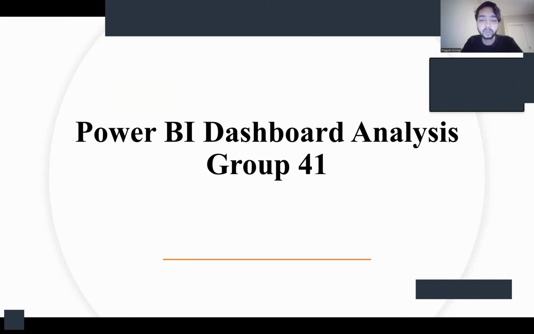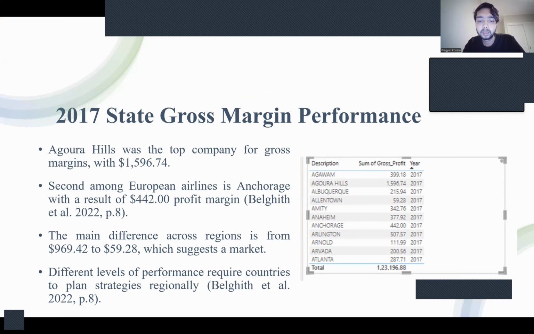2017 state gross margin performance. So basically, in 2017, the store in Agoura Hills had the highest gross margin with 1596.74. The second highest was Anchorage with a result of $442 profit margin. The difference between the highest and the lowest margin, from 969.42 to 59.28,